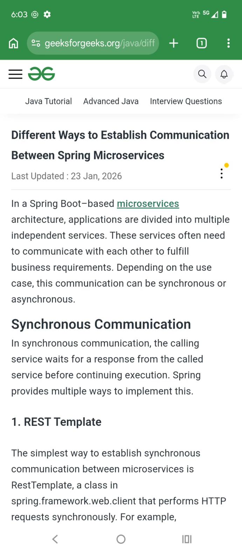Hi, today in this YouTube video, we are going to discuss different ways to establish communication between Spring microservices. We all know the microservices architecture is a very good architecture, and nowadays all the modern companies' applications are using the microservices architecture. They're using microservices architecture instead of monolithic because complex applications can be built, or their requirements can be achieved